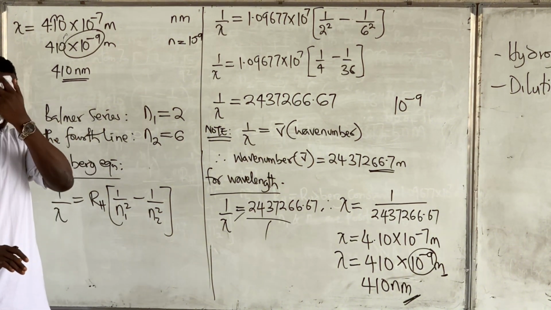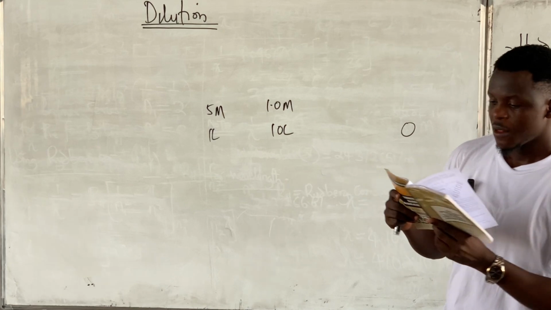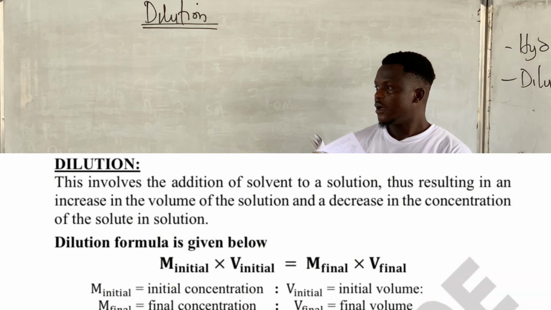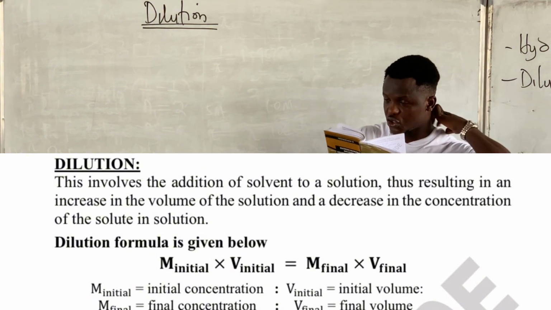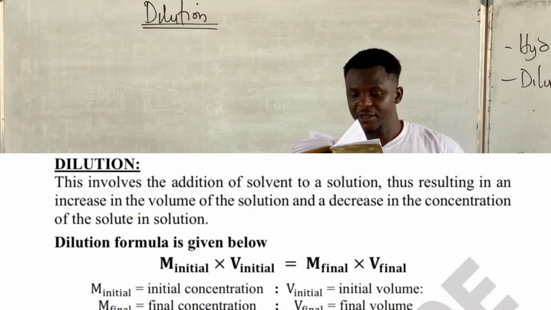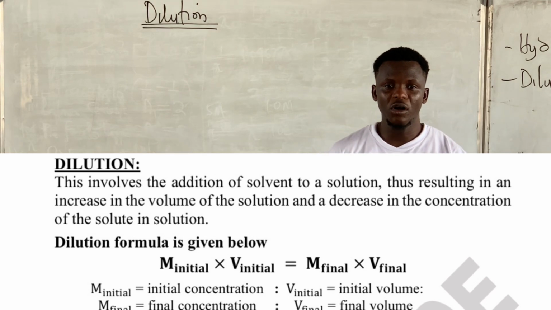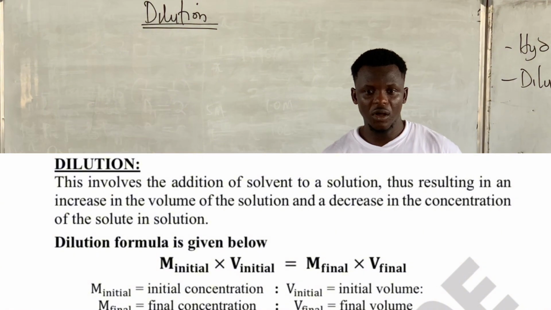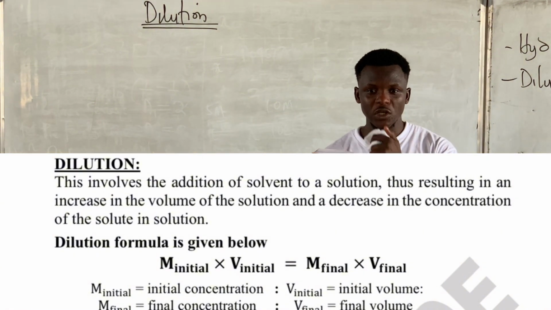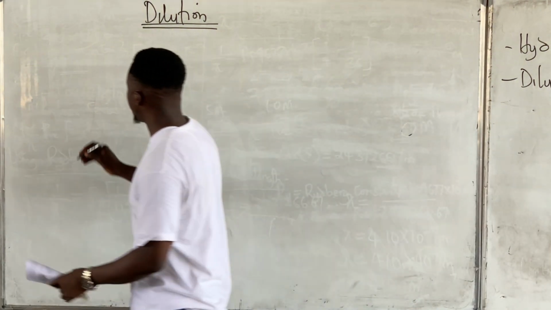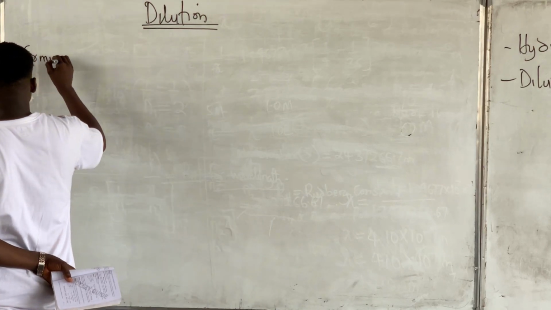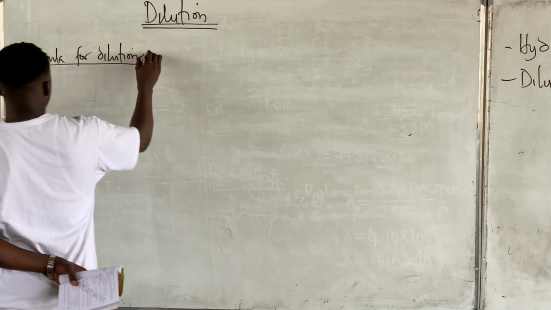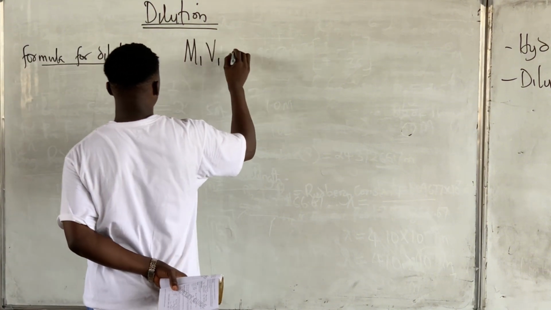Let's look at dilution. Please put down: dilution involves addition of solvent to a solution, resulting in an increase in the volume of the solution and a decrease in the concentration of the solute in the solution. Now the formula for dilution is as follows. We have M1 V1